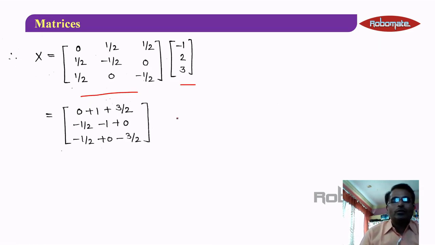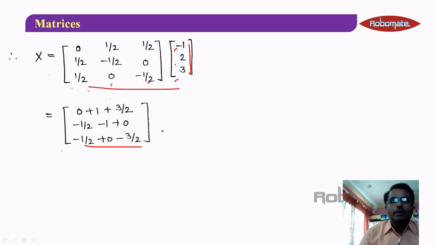So you will observe that you have to consider the first row and this column. Okay, so 1 by 2 into 2, that is 1, and 1 by 2 into 3, that is 3 by 2. Here also minus 1 by 2 into 1 by 2 into minus 1, isn't it? Second row and this column, you consider here. Then third row and this column is considered here. Here you are getting minus 1 by 2, or this combination of these two elements. Here 0 and here minus 3 by 2.